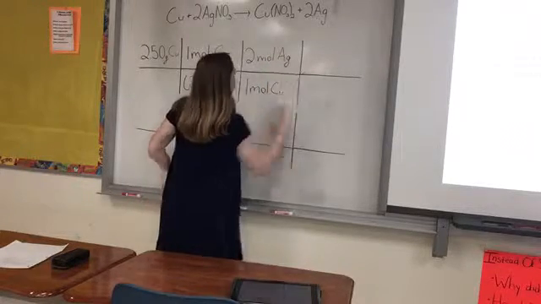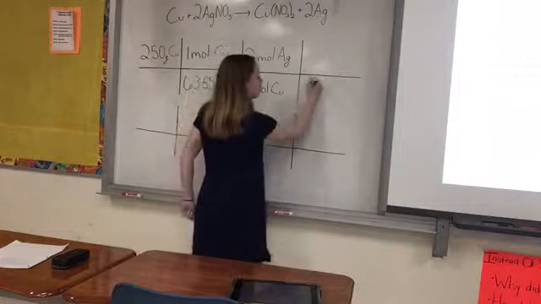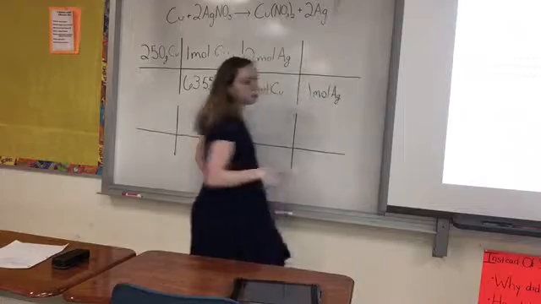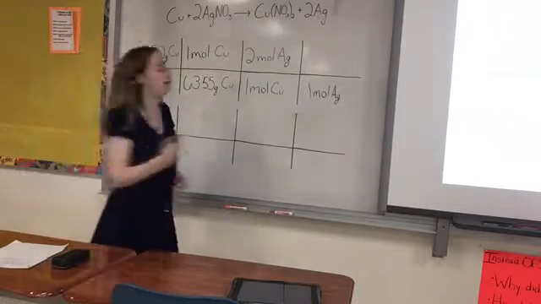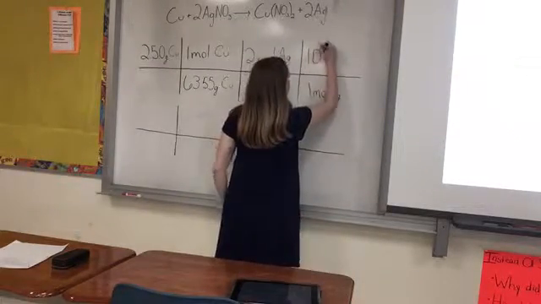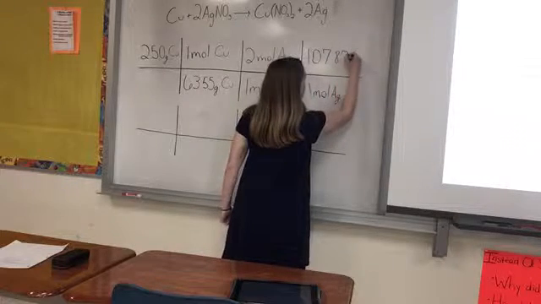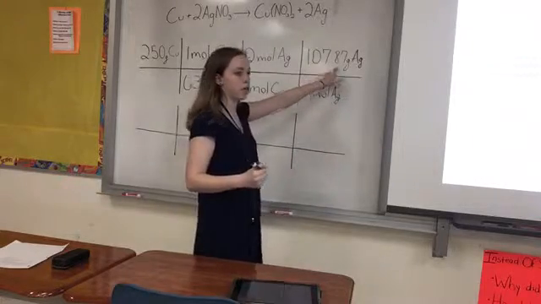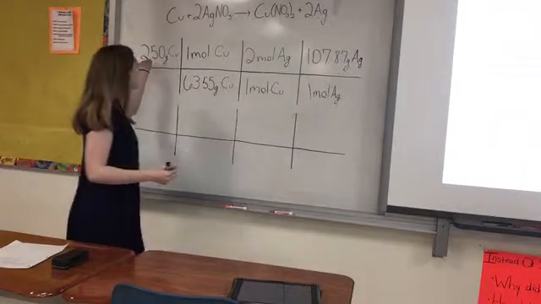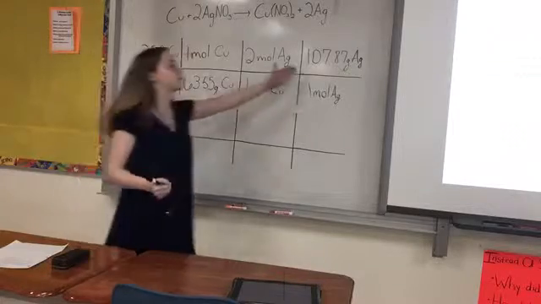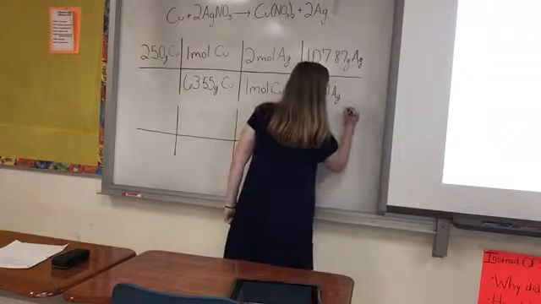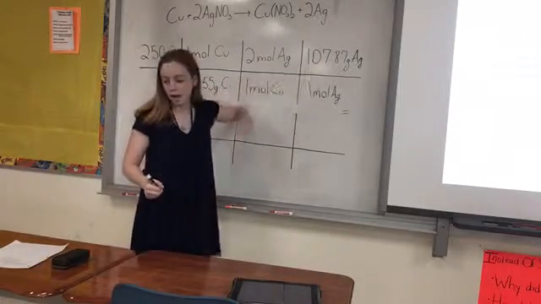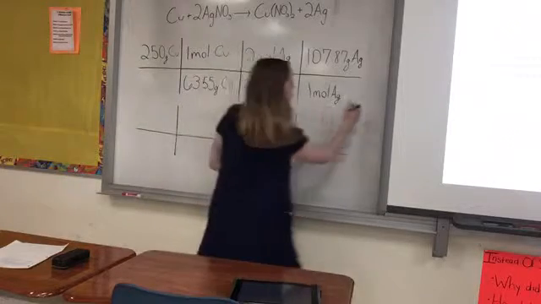And then the last step in this fence is just to convert this to grams. So we're going to put 1 mole of silver on the bottom to cancel out the moles, and then we're just going to put the molar mass of silver on the top, which is 107.87 grams silver. And then the moles will cancel, and we'll be left with how many grams of silver. So this fence tells you that if you use 2.50 grams of copper, this is how much silver it can make. And when it's all set up, you just divide and then multiply, and that will give you